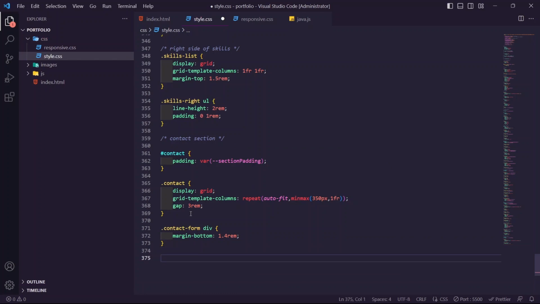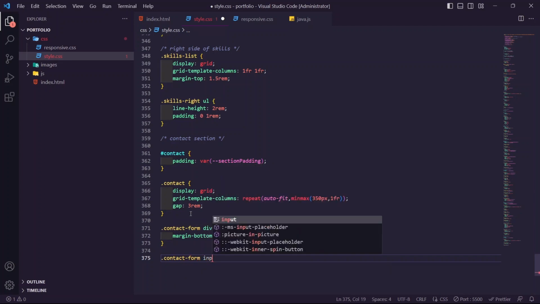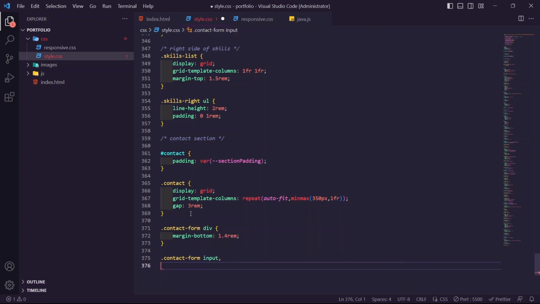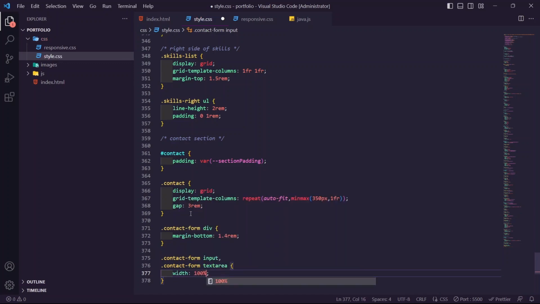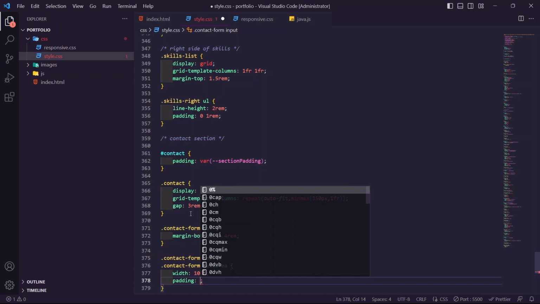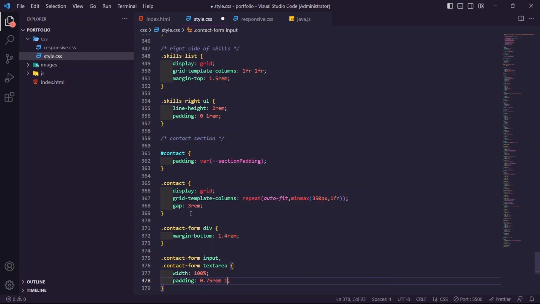And then contact form input and contact form textarea with width 100% and padding 0.75 rem and 1.3 rem,